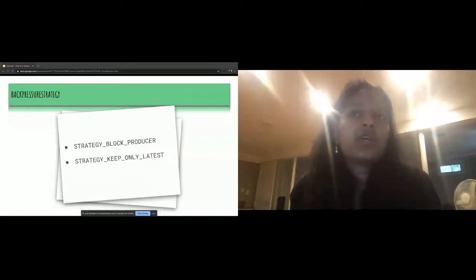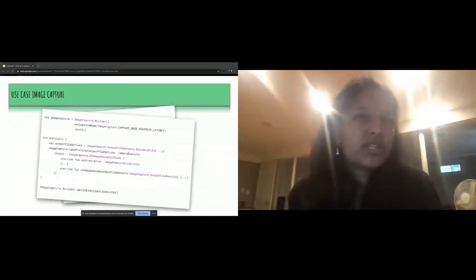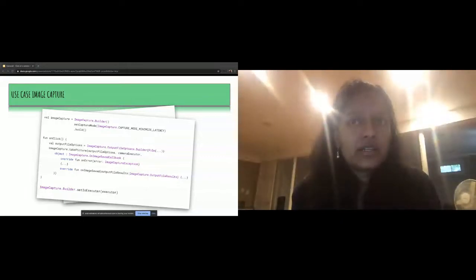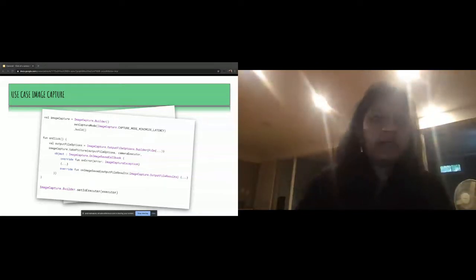We can also customize the executors on which the image capture runs, which can be a callback executor in which we can provide our own on image captured callback, or it can be an input-output executor, which can assist with saving the image to a file location. So Camera X is flexible enough to default to an internal IO executor in case executor is absent. We can also configure if we want the captured images to be optimized for latency by setting the capture mode as capture mode minimize latency, or for quality by capture mode maximize quality.